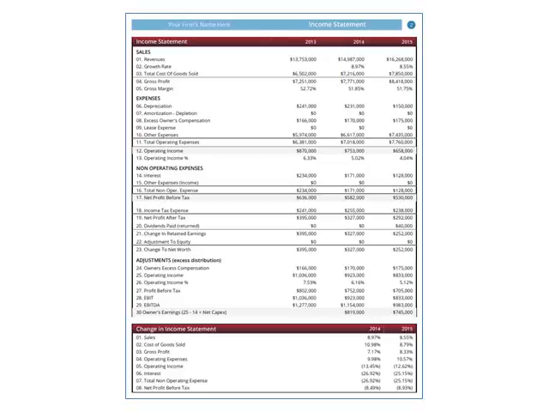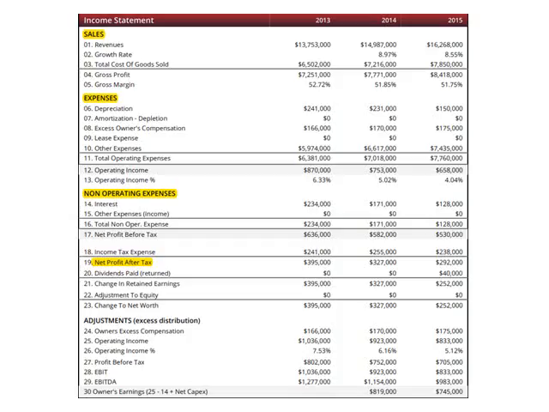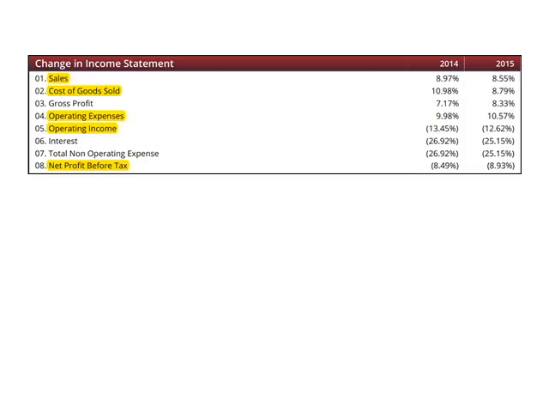Page 2 presents the income statement. In addition to the standard income statement breakouts of sales, expenses, non-operating expenses, and profits, this page also lists other data important to lenders, such as owner's excess compensation, operating income and its percentage, as well as EBITDA and total owner's earnings. On the bottom of this page is a table showing the year-to-year changes for the primary income statement